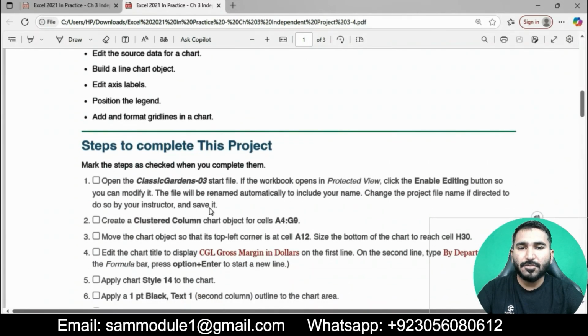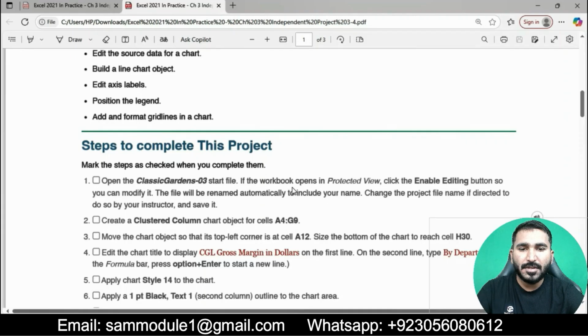Here are the steps to complete the project. Mark the step as checked when you complete the item. Open the Classic Garden 3 start file. If the workbook opens in Protected View, click the Enable Editing button so you can modify it.